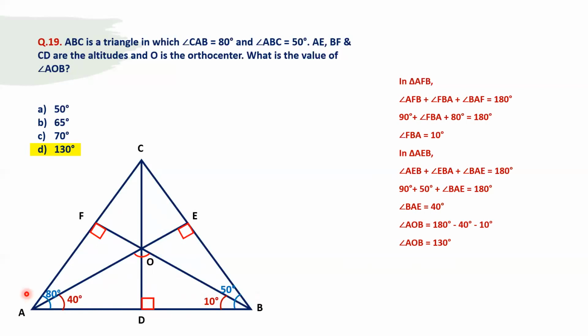So the moment we wrote the value of the angles, whatever we knew, it becomes a very simple question. In the original figure, nothing was written, no angle was mentioned as such. It was given in the form of words, and when we converted those words into numbers and wrote them here, it becomes a very simple question. So my suggestion is that whenever a figure is given, when numbers are not written, angles are not written, you try to write whatever maximum angles you can in that figure.